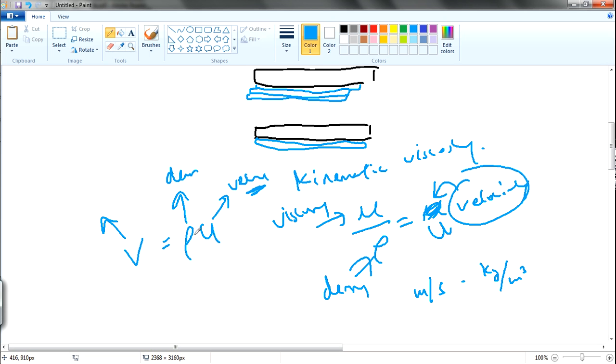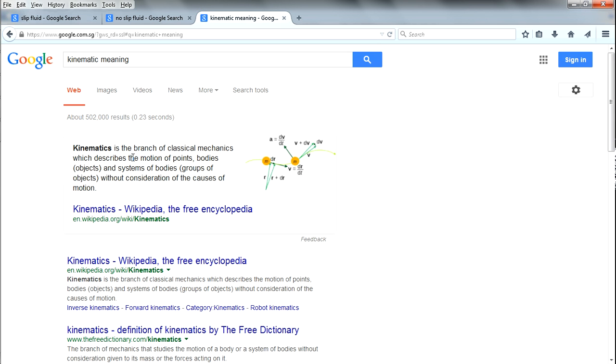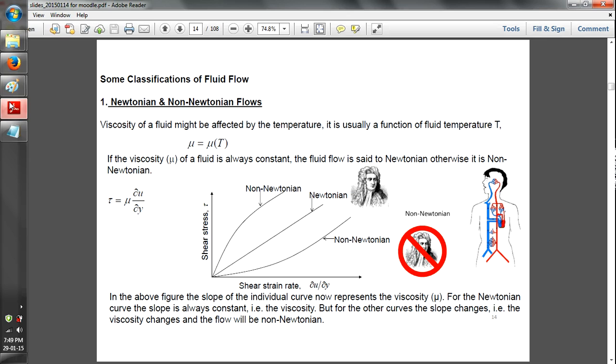So therefore, the higher the density, the larger the viscosity, meaning the fluid flows slower and slower. Okay, so this is what it means. And in another manner, if density is larger over here, because it's at the denominator, it retards the velocity. So if this one is higher, then the velocity will be lower. So this is the kinematic. Kinematic itself means study of the motion. Okay, that means it's moving, dynamic.